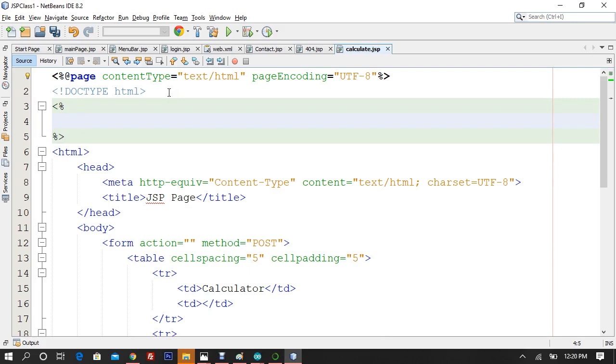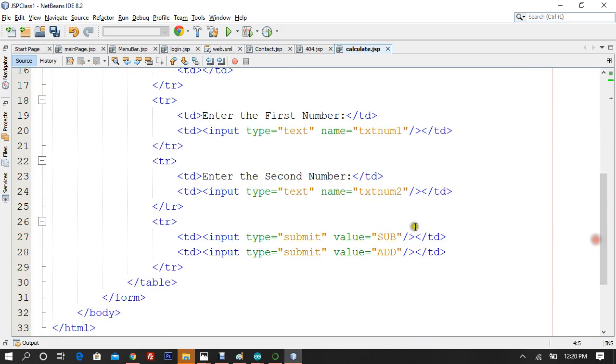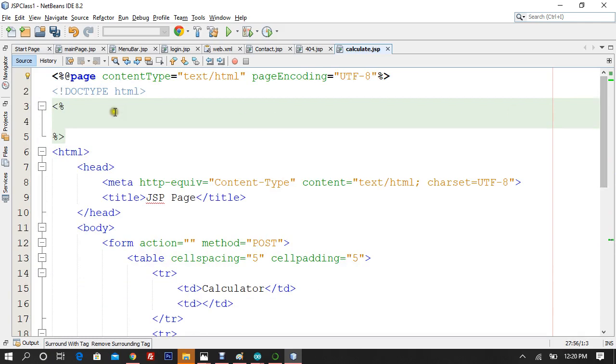Fine. So now I have to differentiate if it is the submit button that's being clicked or if it is the add button that's being clicked. Only when I know the add or subtract button is being clicked will I be able to do addition or subtraction. I don't want to jeopardize the entire thing, right? And I don't want to display errors at the beginning of my program, so that's why I'll go with post. Why do I go with post? I'll tell you why. For example, if I say int